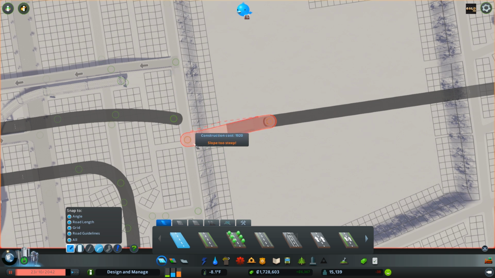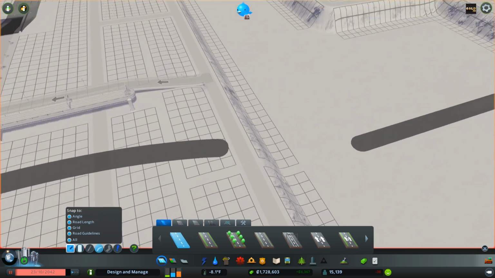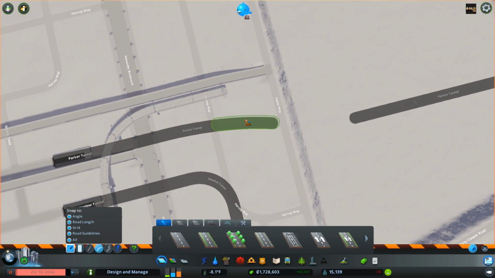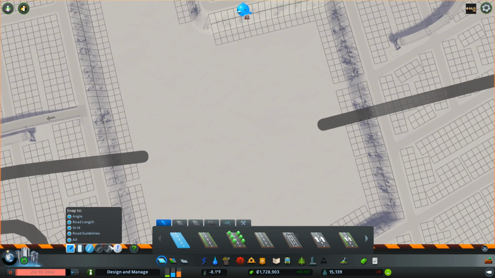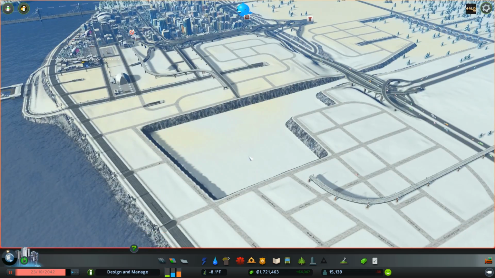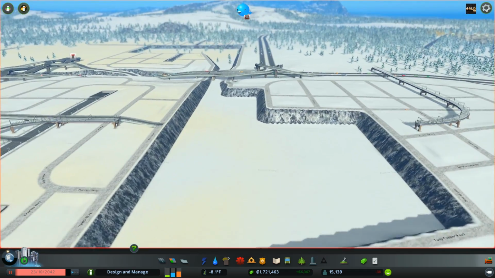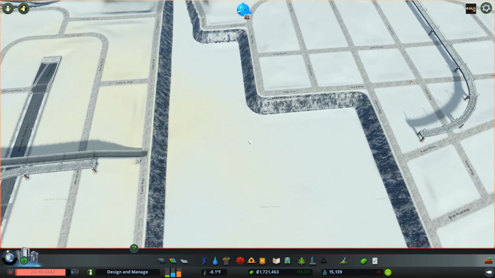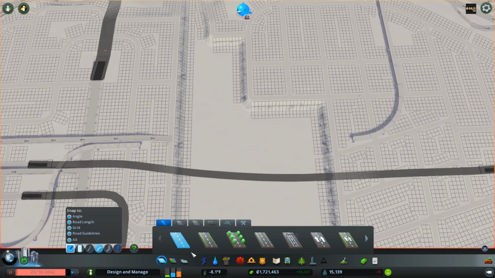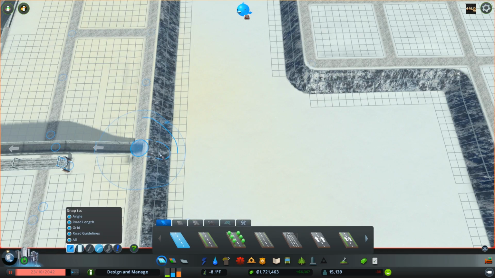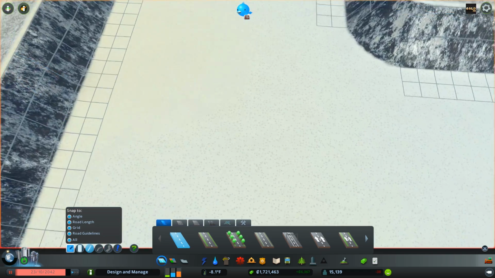Like, what's going on? The slope is too steep, oh, of course. So let's try this again. Alright, there you go. And now that we have done that, it's time to rebuild the roads that we have destroyed. So I think I'm gonna come over here and elevate it,